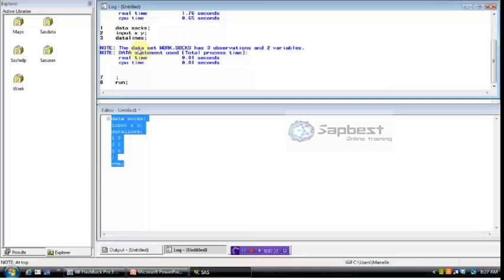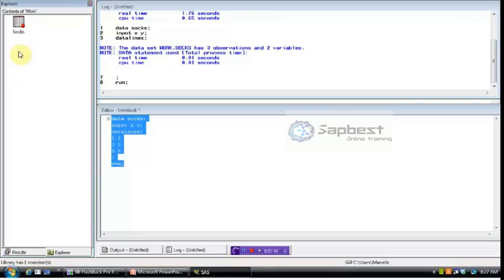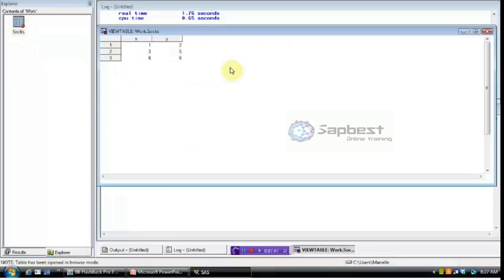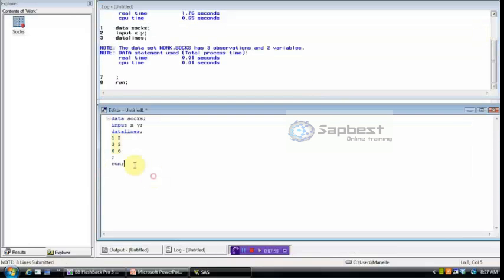So it says the data set work.socks has 3 observations and 2 variables. This tells me that it saved the data set successfully. I don't have any error messages, so that's a good sign. But let's confirm that it got in there. Oh, look, there's socks, our first little set of data. And so you can see we were successful. That's what we wanted to have happen. Nothing strange about that. We'll close this,